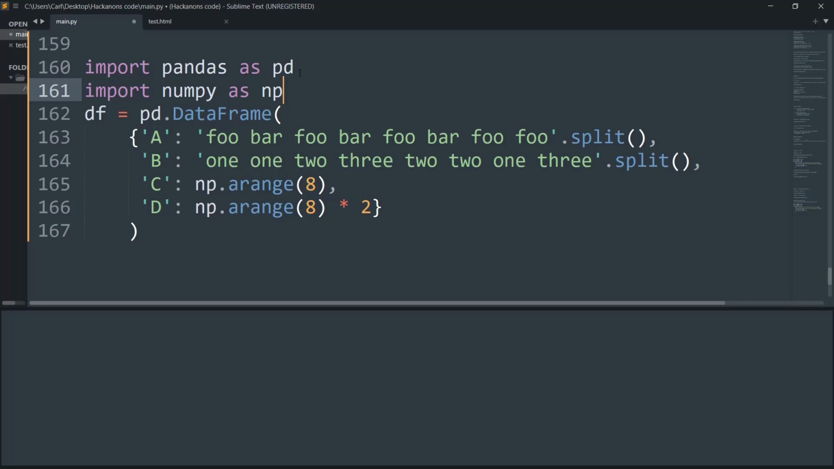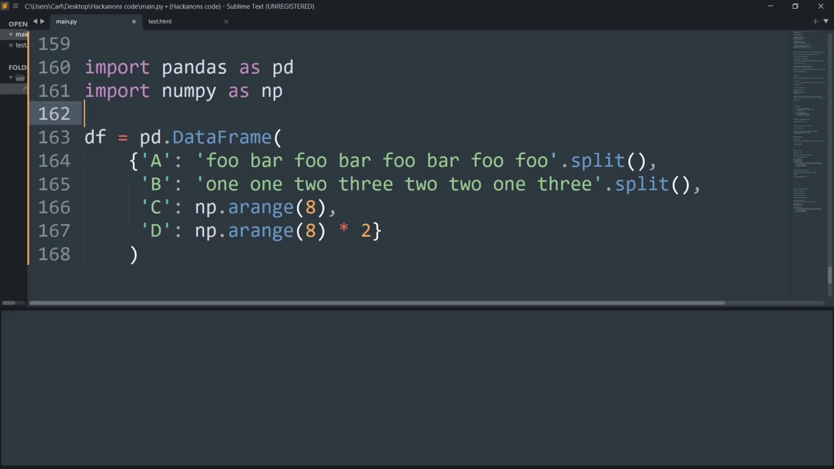So let's see a simple example. What I've done is I've created a temporary data frame which we will be working with and analyzing certain methods. So first, I've simply imported the required libraries for the data frame, that is pandas and numpy. And I've created a variable data frame and I've created a pandas data frame object, and